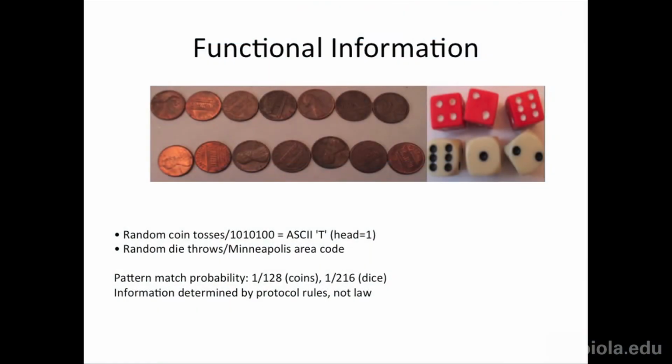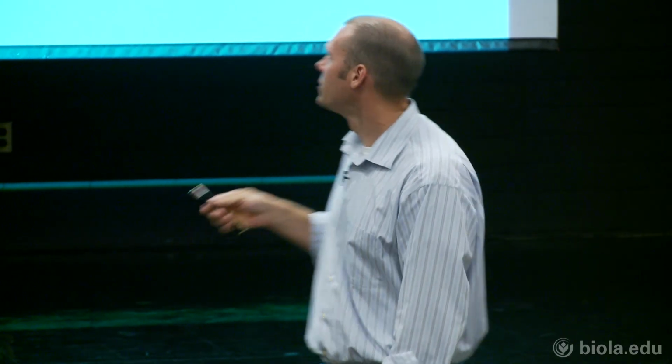Functional information is when the sequence of things means something. Okay? So here, 426612, that is the Minneapolis zip code, right? So if we're thinking about it just as the numbers, it's got Shannon information, because at least it's excluding possibilities, but it additionally has functional information. So functional information requires that two parties have agreed upon something that this is going to mean, right? It's just not random numbers, it's just not random dice. It's functional information because it tells you something, namely Minneapolis, right?